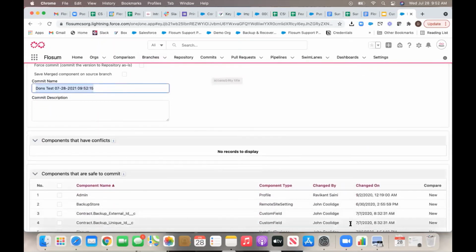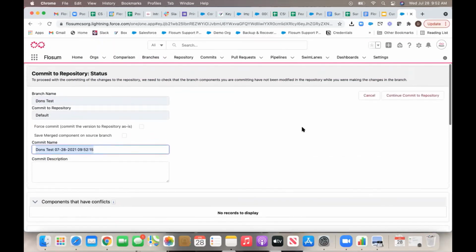In this case, they're all coming across as new because I don't have this repository fully updated, kind of a shame on me. But when I'm going to commit to my repository, I just want to come back and reflect on a comment I made earlier in my slide presentation on some options available when I'm committing. So number one, if I have deployed my branch, I've merged my changes, I've deployed that branch to production,